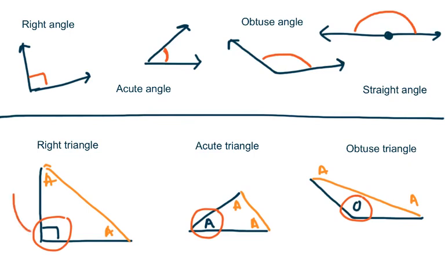So if I have a right triangle, that means I have one right angle. If I have an acute triangle, that means I have one acute angle. And if I have an obtuse triangle, that means I have one obtuse angle. But those two acute angles will always stay the same. They'll always be there no matter what type of triangle you have. So I'm going to